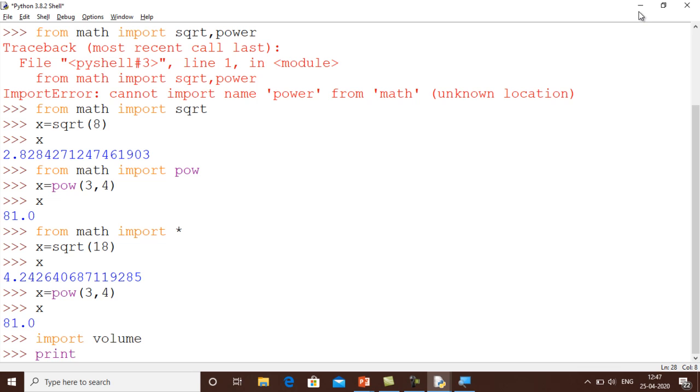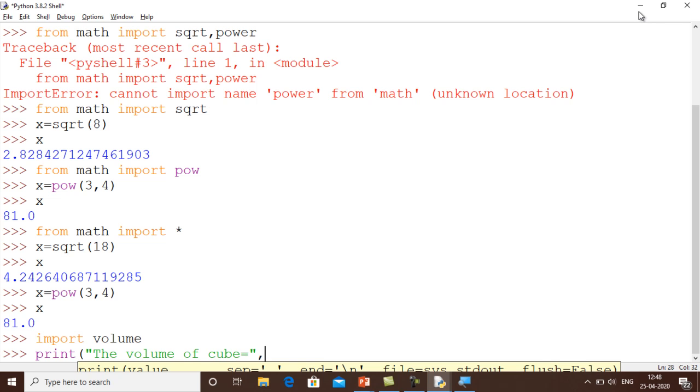So print, and then I write the volume of cube is equal to, comma, then I call the function. For calling the function, first I have to write the name of the module, that is volume, then dot, and the name of the function is cube, and suppose I have given the size as 5, right.